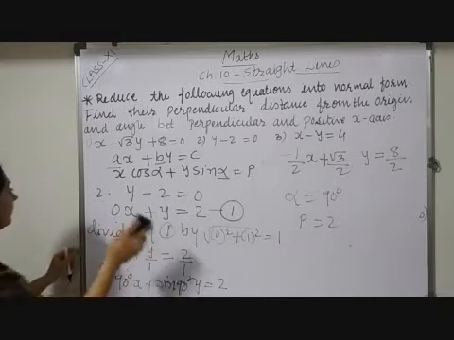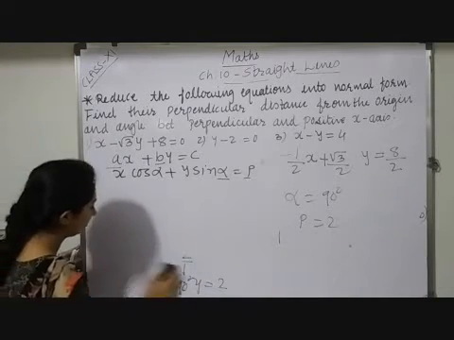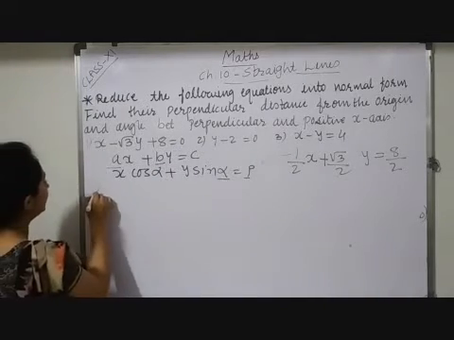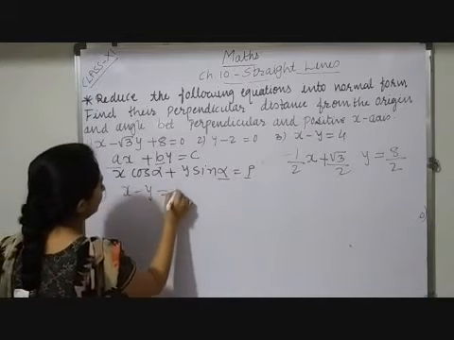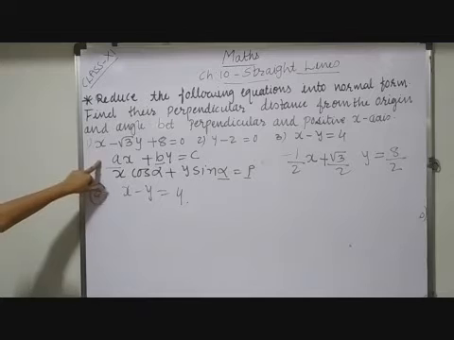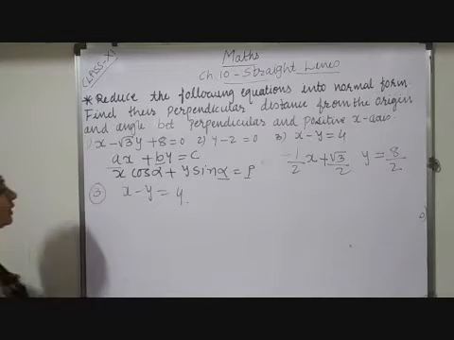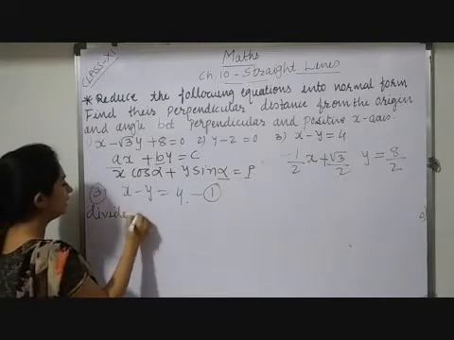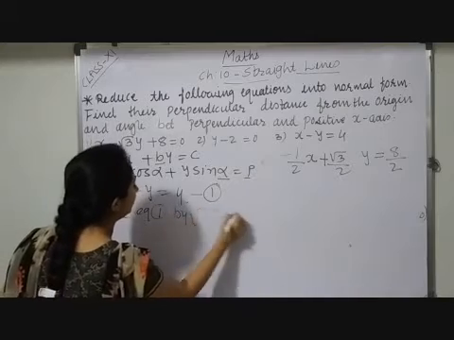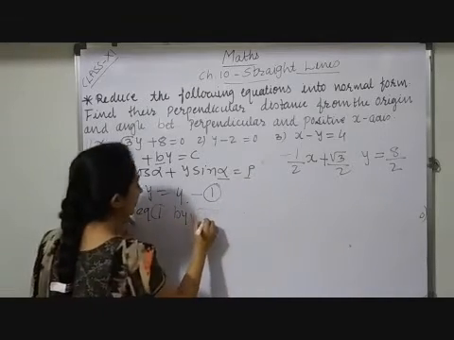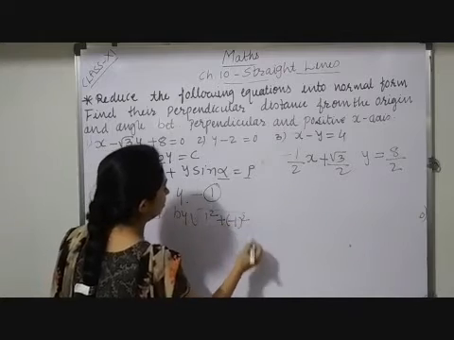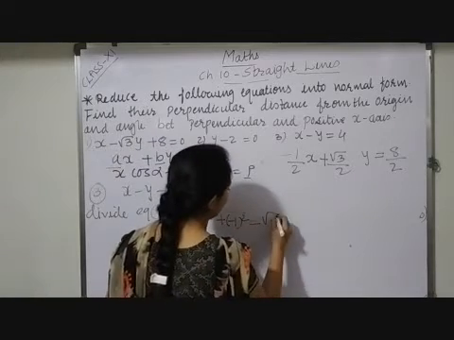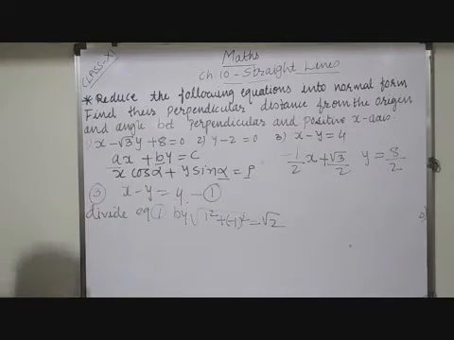Now next question here. Third one is x − y = 4. It is already given in the form ax + by = c, so directly I will consider it as equation number 1. So here I am writing, divide equation number 1 by root of a², a means 1, so 1² plus (−1)². So 1² is 1 only, minus 1² again 1, 1 plus 1, so root 2. Here the whole equation I have to divide by root 2.